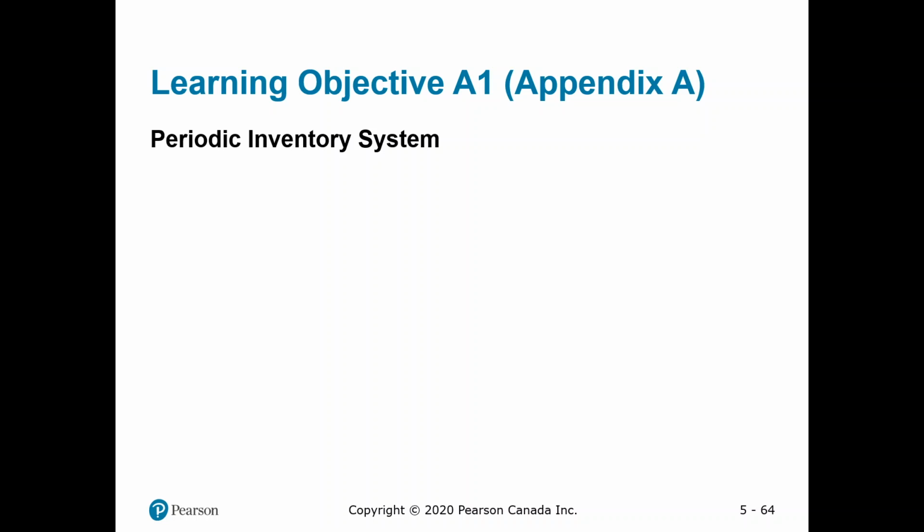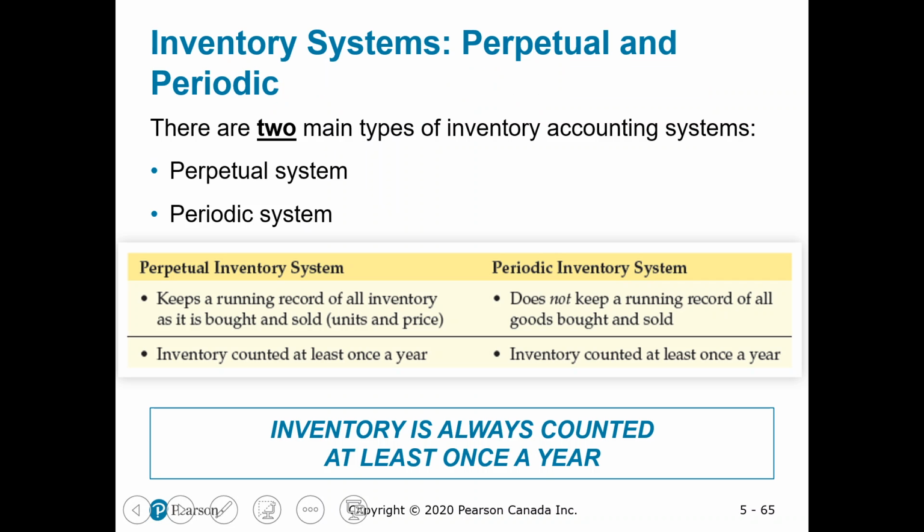We've learned all about the perpetual system, and that is our focus. But now we're going to shift and just talk a little bit about the periodic inventory system. So as a quick reminder, the two systems, perpetual, which was our focus, we kept this running record of all